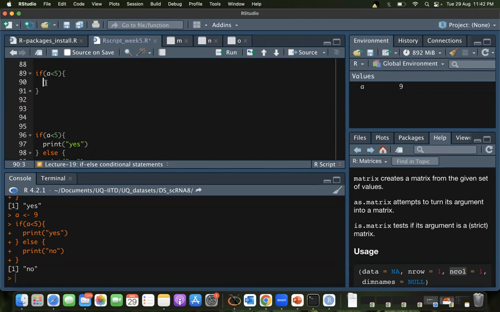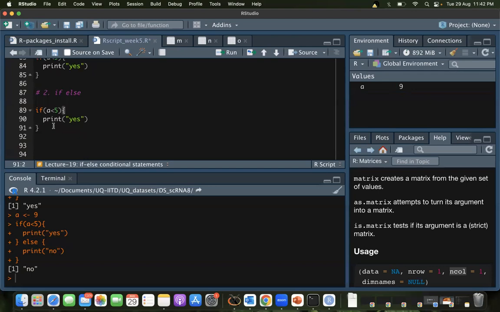So this is what R automatically does. It does not have any effect in the evaluation, but it just makes it clearer. What I did here was, I had the curly bracket here, I pressed enter. The second curly bracket came one line below, and I got my cursor here. Now here I'll write print bracket and double quotes. I'll write yes. That's what I've written here.